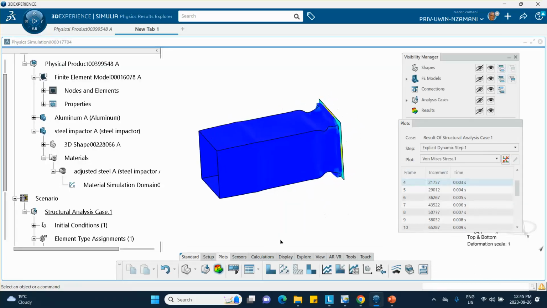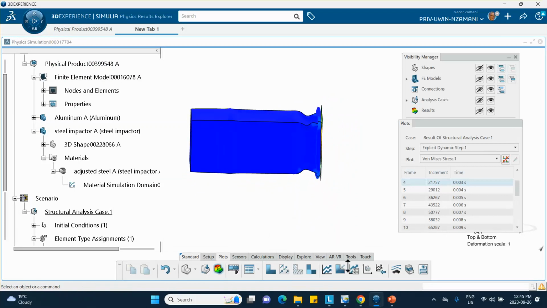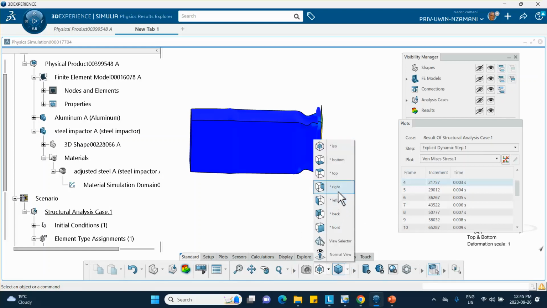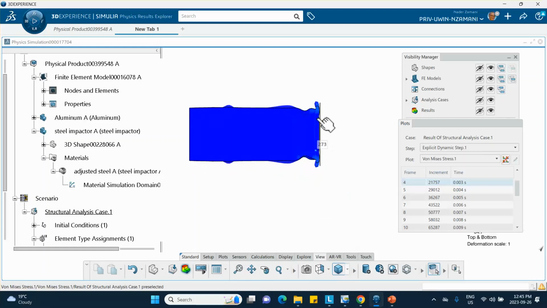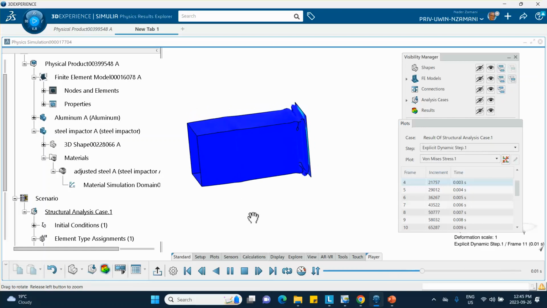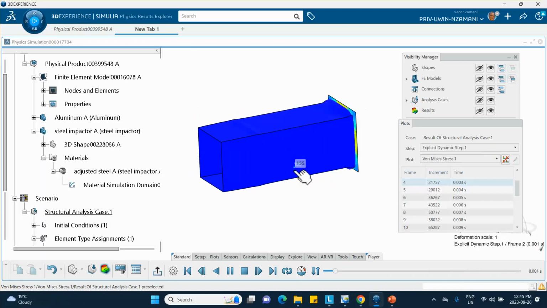Now look, if I animate this, you can see what happens. If you look at the view from the side, from the right, there's the steel plate. It doesn't bend like that, and you can animate it. You can see it crushes the tube. If you put it sideways, after a while, of course, it bounces back. It's supposed to. Now, this is von Mises stress, but what if you want to look at, for example,